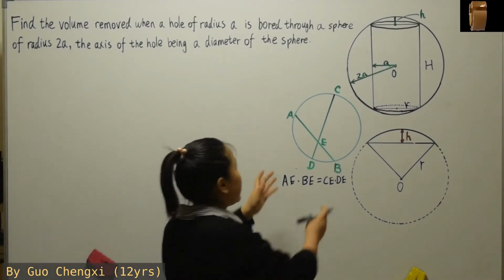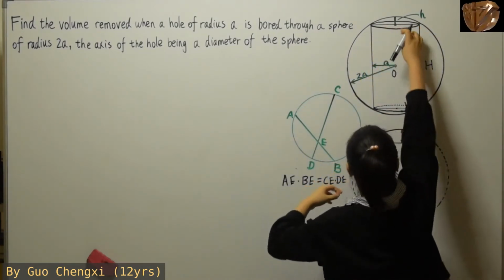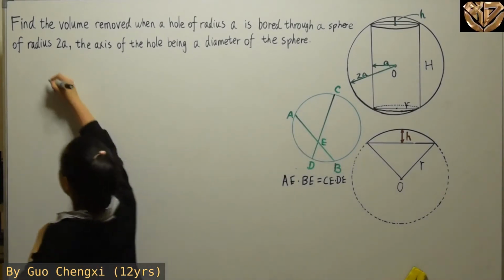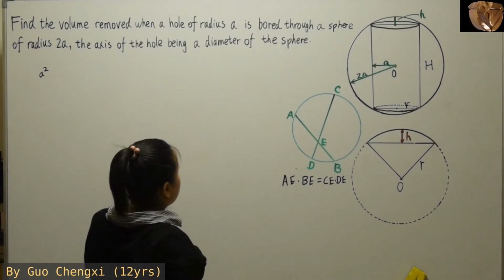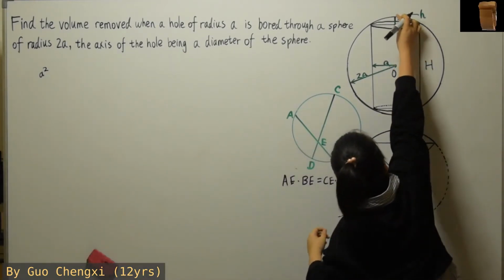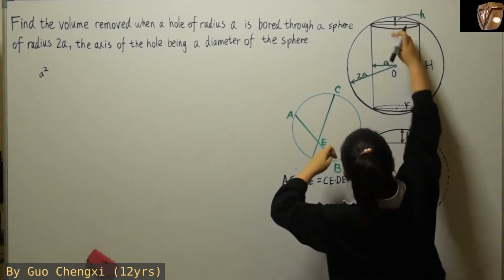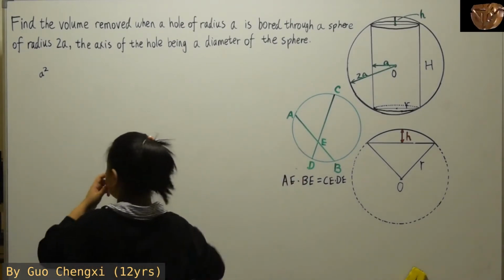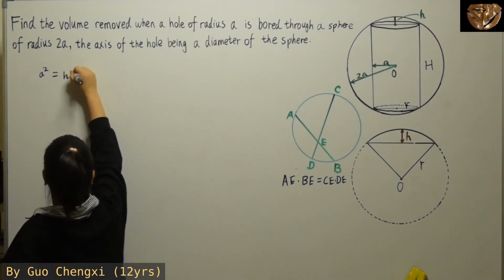So for this part, it's basically this times this, because this is the point of interception. So what we're going to have here is a squared. So what is a squared equal to? a squared is equal to this part times this part, basically this whole length over here, capital H minus small h, whereas here you have h times